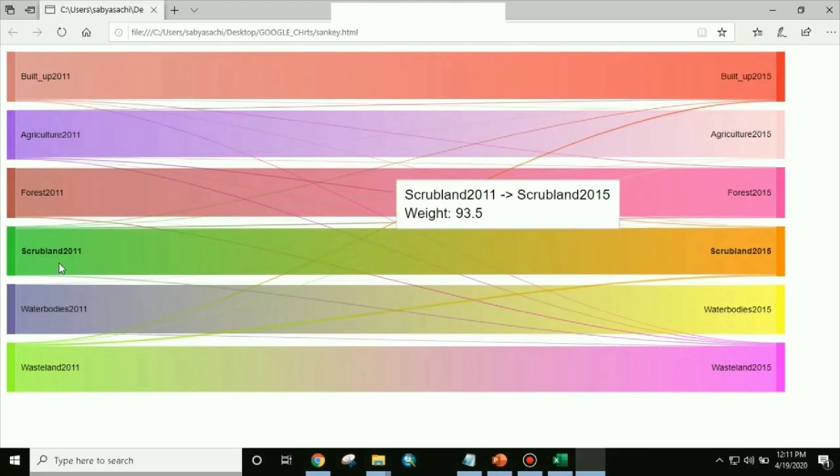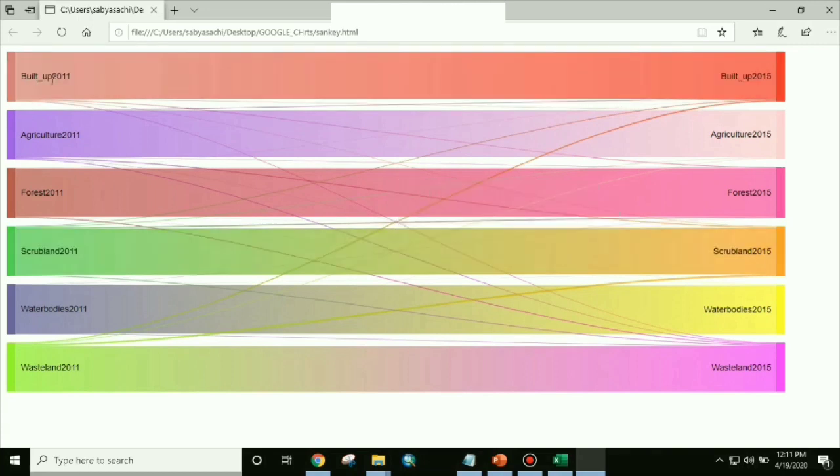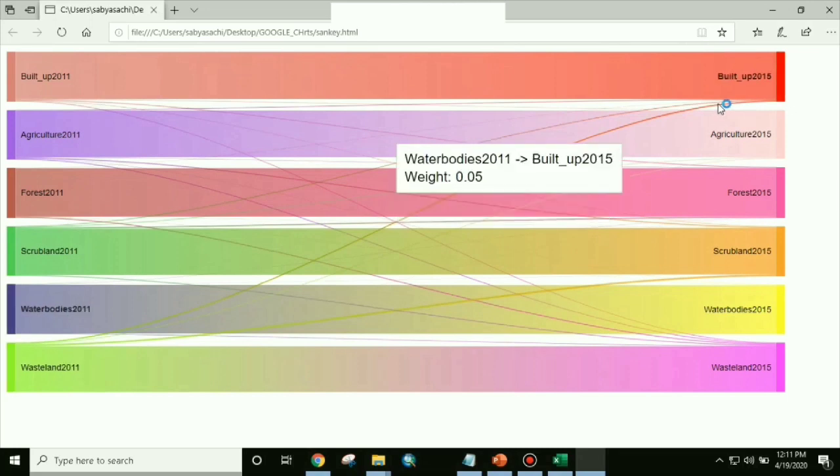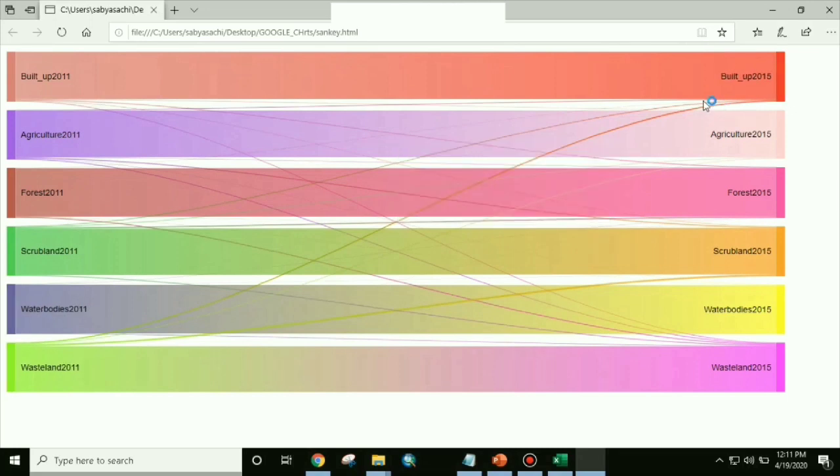Scrubland to scrubland it is 93, so you see built up to built up it is like this. So built up to wasteland it is converting, like this only. If you see 2015, from here water bodies to built up, then scrubland to built up, agriculture to built up, so it is like this.